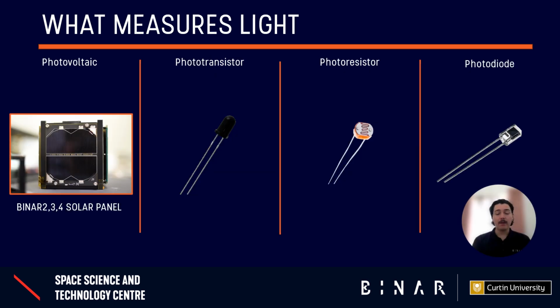Just quickly, we can have a look at the crazy amount of sensors that look directly at light. They're split into four main categories that I'll focus on. The first being photovoltaic, which are basically solar panels, and they're used to generate large amounts of energy. These would be applicable as they absorb a large bandwidth of light, and we could track the energy generation to